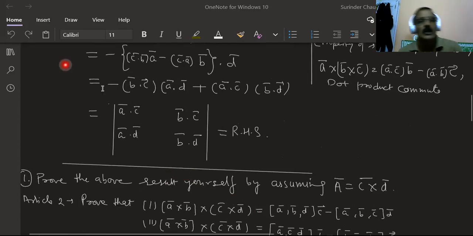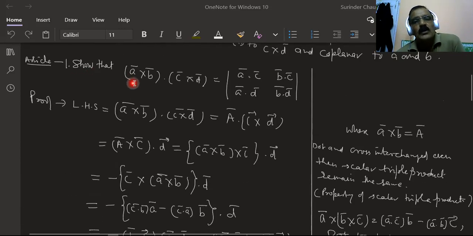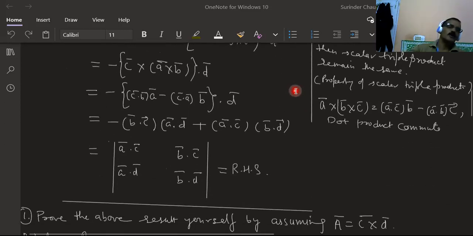Hence, to find the scalar product of four vectors, you write the first vector A, B in the first row, and the second vectors C, D in the second row. So A vector, B vector is into C vector, D vector. We'll find only the determinant of the scalar products of the vectors. It's easy to find. Similarly, we can generalize it. We can find the dot product of four vectors, five vectors, six vectors, and so on.